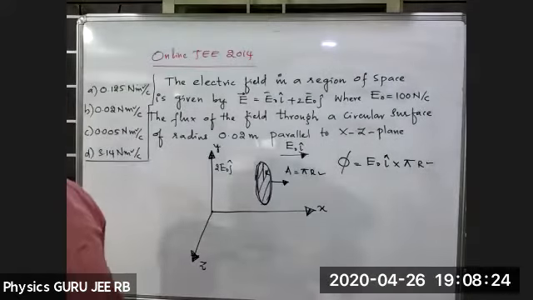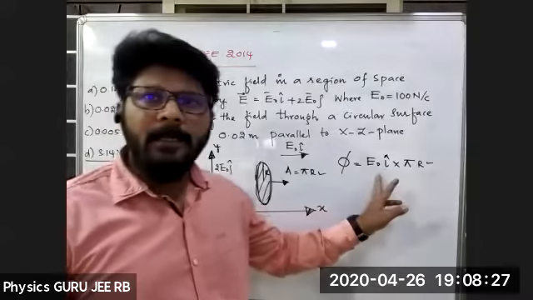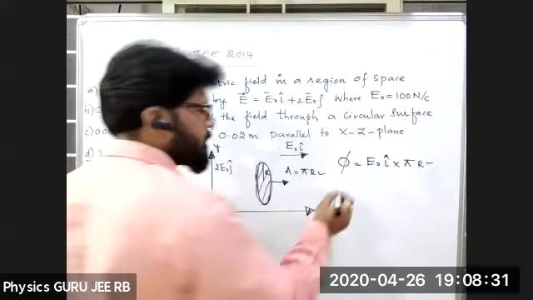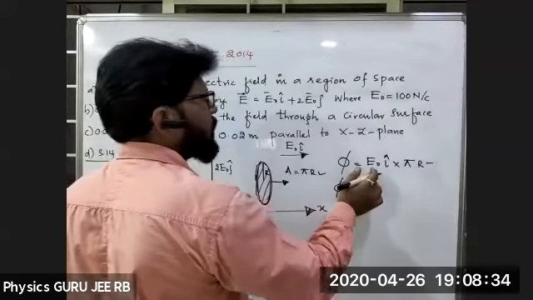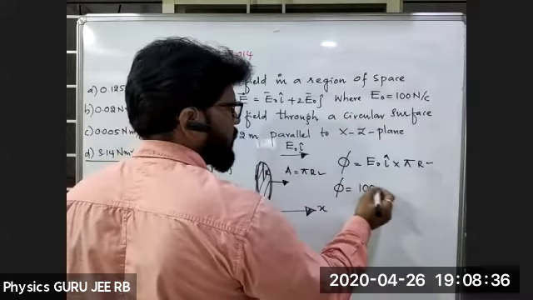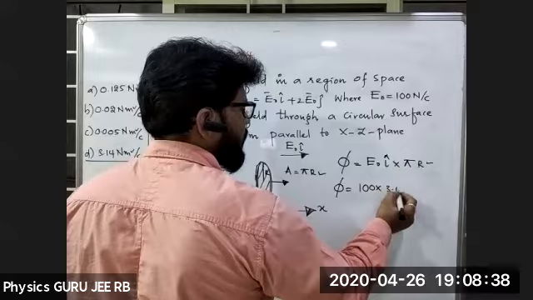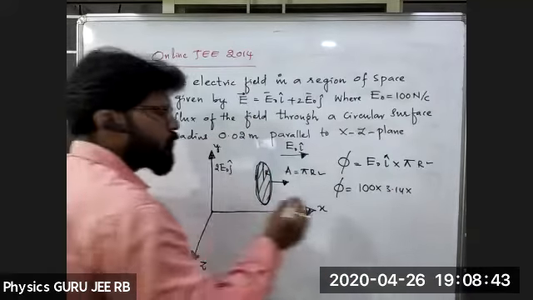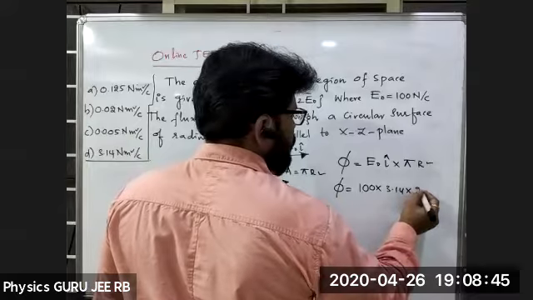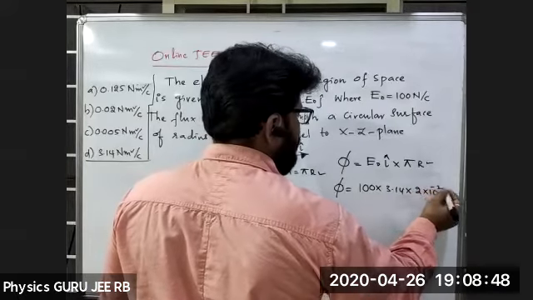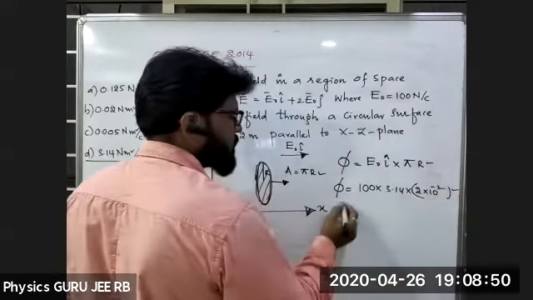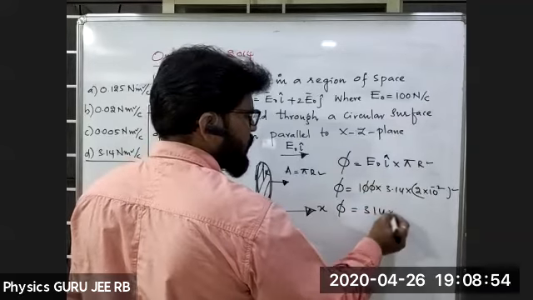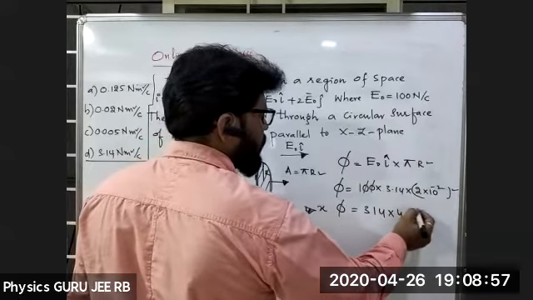So what are the values that he has given? Here I cap is a unit vector, its magnitude 1 we can take. Now phi is equal to E naught, and E naught value is given 100, into pi which will be 3.14, into r square. If I take radius 0.02 whole square, so that is 2 into 10 to the power of minus 2 whole square. Or phi is equal to, here 0, 2 points will get cancelled, 314 into 4 into 10 to the power of minus 4.